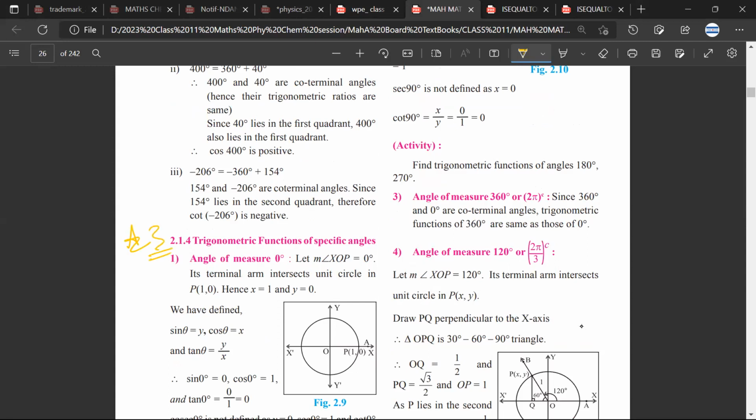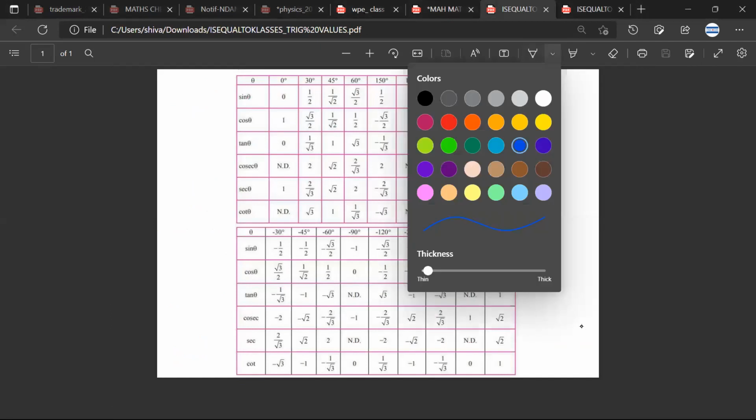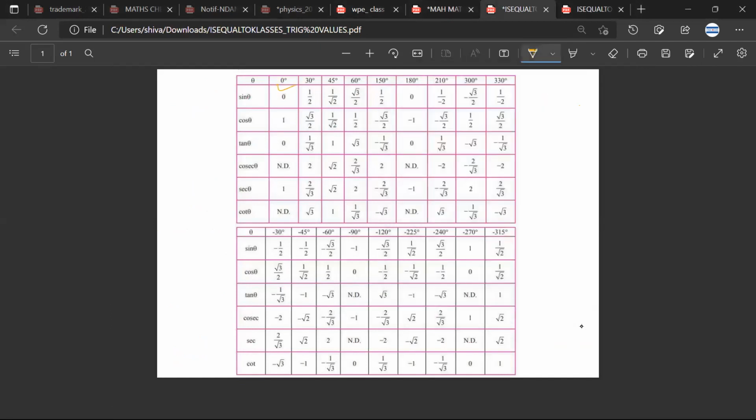So this is the third point, trigonometric functions of specific angles. The specific angles are these angles, 30, 45, 60. For example, in class 10th, what you used to focus on was only these angles, 0, 30, 45, 60, 90, and for the rest of the angles, we used to